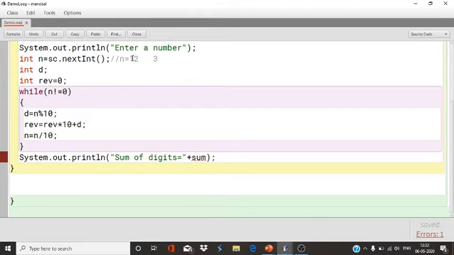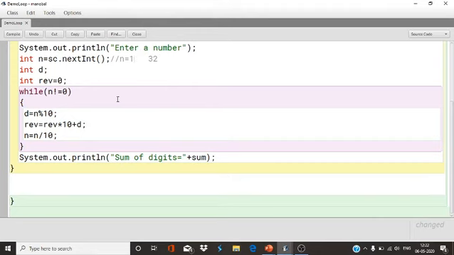If you divide 12 by 10, the remainder will be 2. Now this 2 will be stored in D. Now the value of reverse is 3. So 3 into 10, 30 plus 2, 32. So now 32. Now again this 2 will be removed from here.